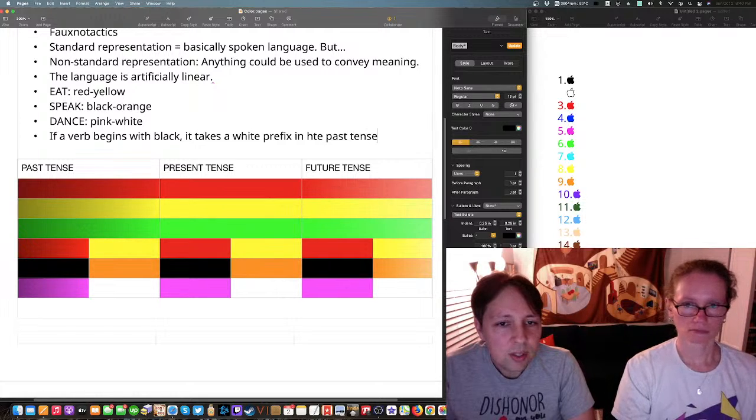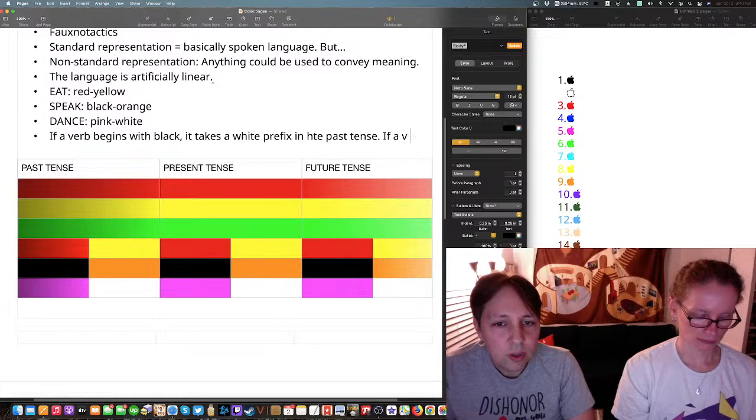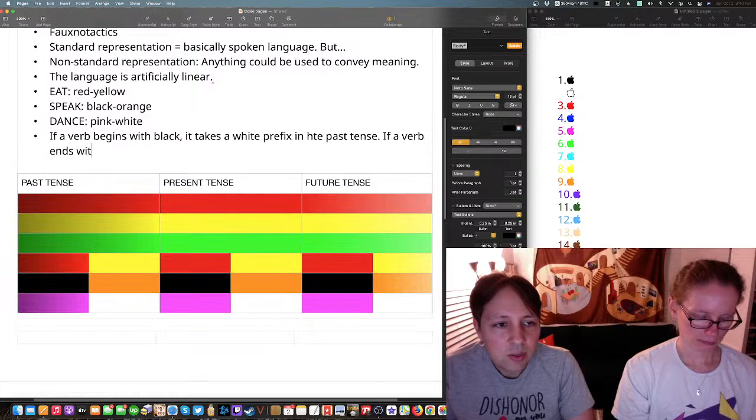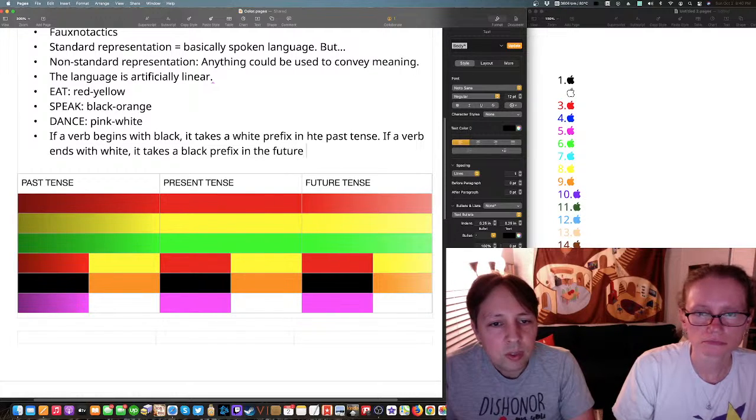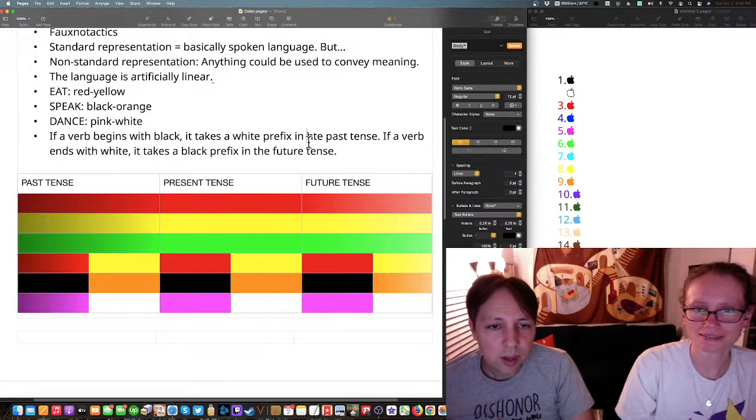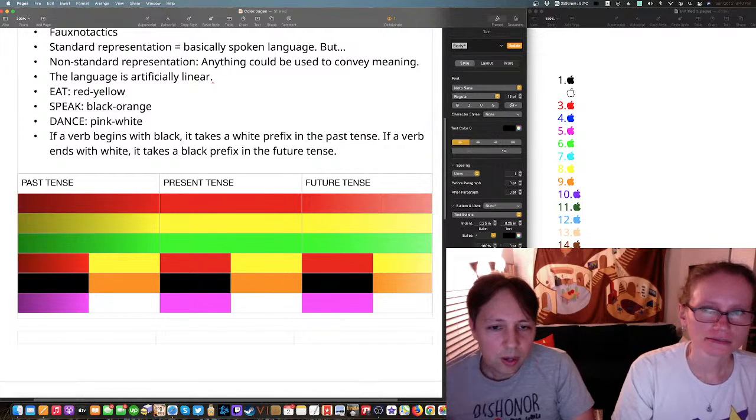In the past tense, if a verb ends with white, it takes a black prefix. In the future tense. Can you change that to that? Yes. All right.